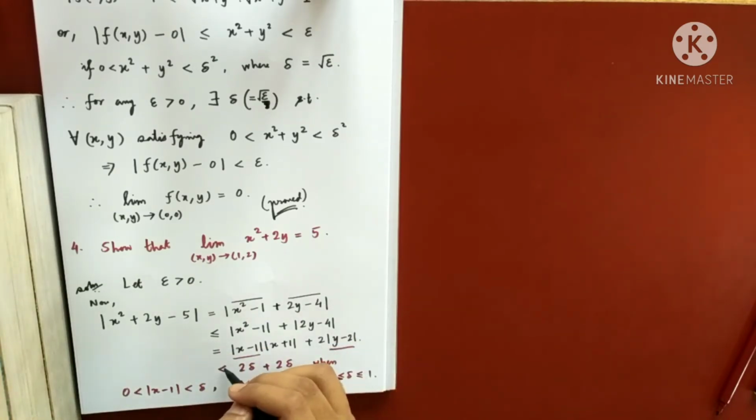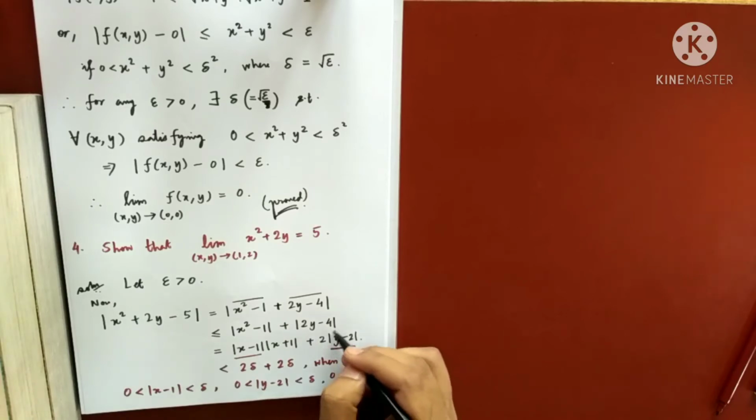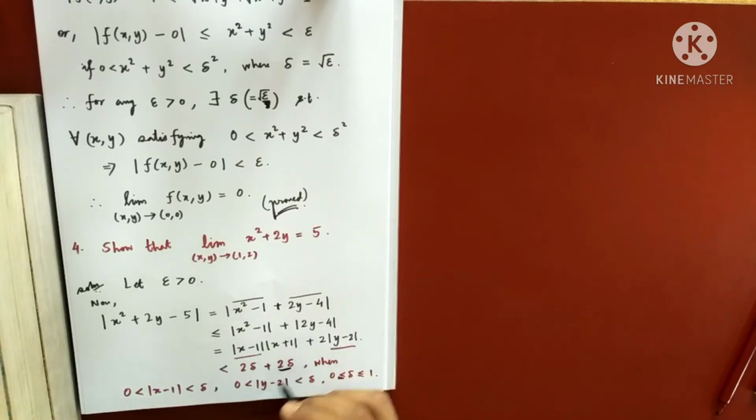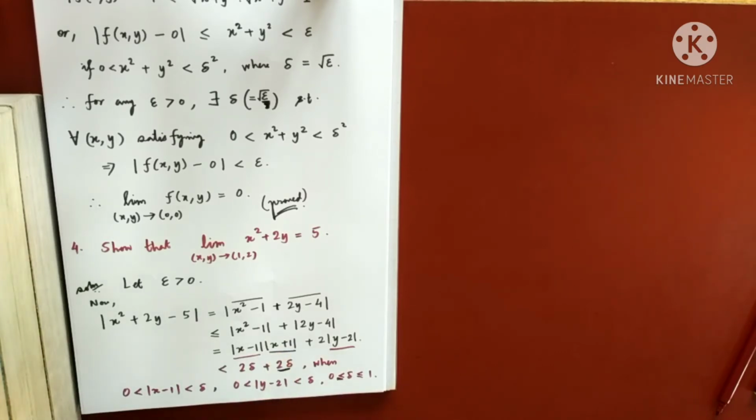So it's very simple to see this is less than 2 delta because this is less than delta. So this will become 2 delta and this is delta. But why this is less than 2, I'll make you understand, don't worry about it. I am claiming that this is less than 2. So this is less than 2, this is less than delta, so this is 2 delta and again 2 delta. This is happening. But you might be thinking, why can I write that this quantity is less than delta, or less than 2? I'll tell you why. So am I clear up to here?